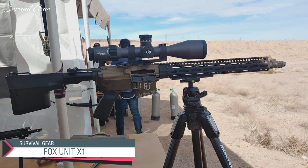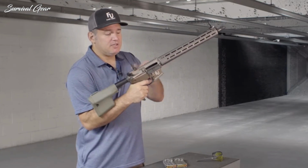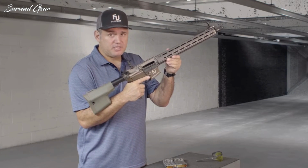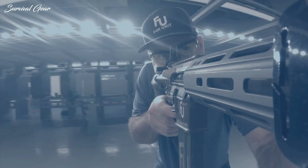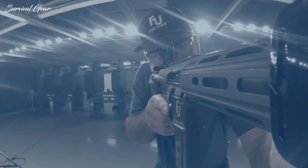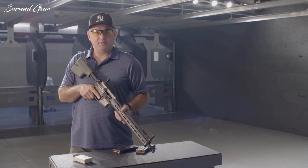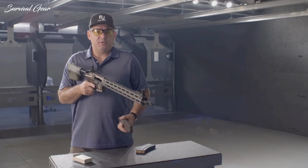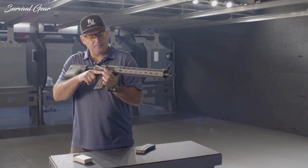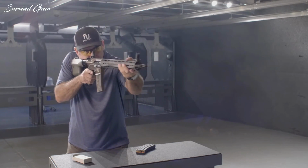Fox Unit X1. Fox Unit X1 is an AR-15 designed for those trapped behind the lines of the Democratic People's Republic of California. Thanks to California's constantly changing, shifting, and evolving laws, gun hackers have developed some truly bizarre AR-15s. My favorite is the Fox Unit X1. The Fox Unit X1 takes the AR and removes the one defining feature that keeps anti-freedom politicians awake at night: